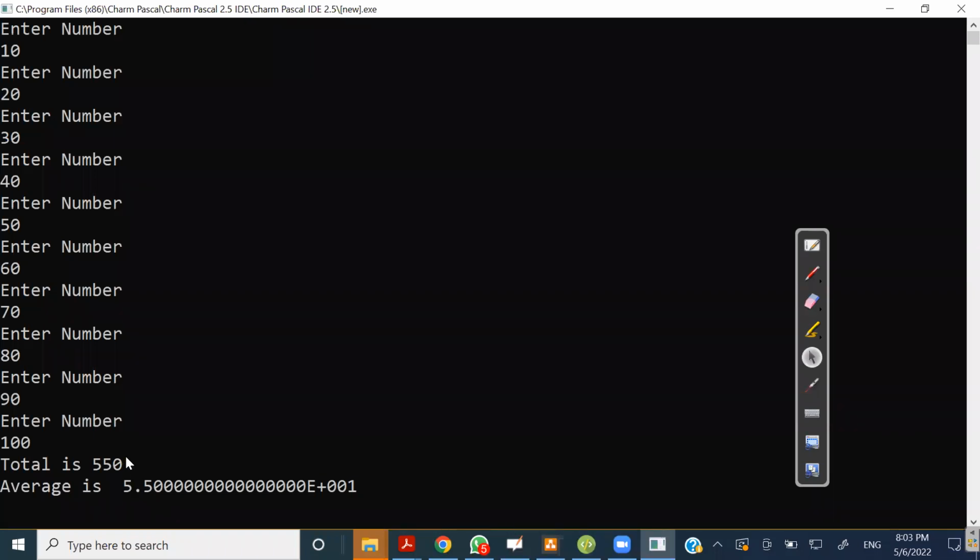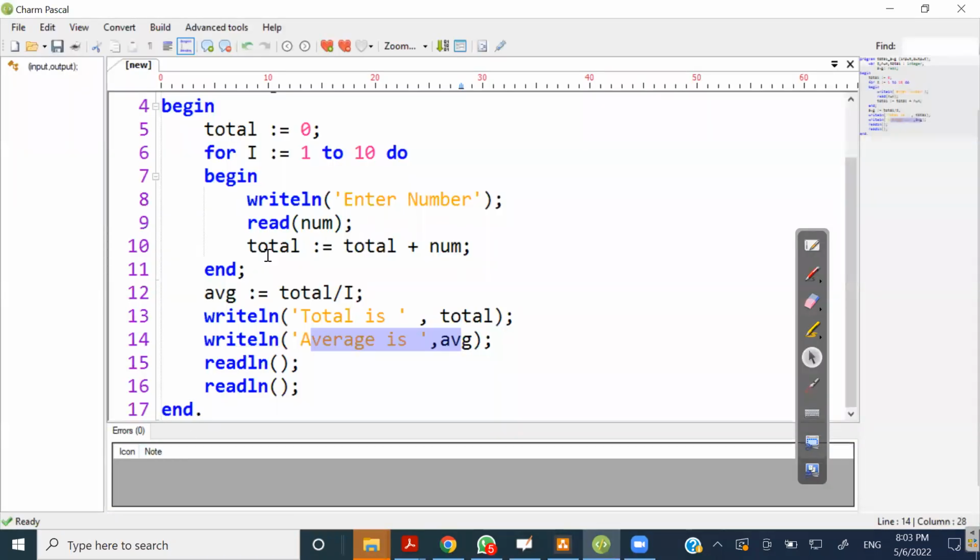Right? So what you need to understand is, if there are more than one particular statement inside a structure, a